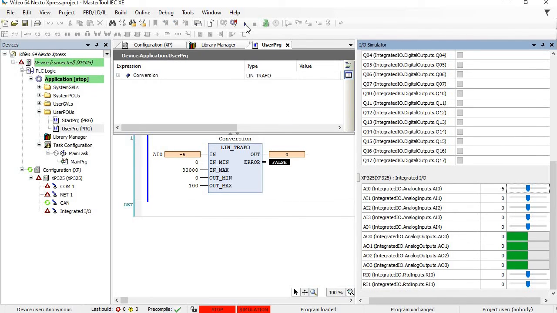Here in the increase I it is at 0, so if we change the value to more or less 30,000, it converts this value to 0 to 100 and returns the output value here. So we could enter here with the value of my analog input from 0 to 30,000, and leave here with the engineering value that it is measuring in the field. It could be a level sensor that is measuring the level of a tank, for example, of 100 liters, and here it will be showing the value in liters of that tank.